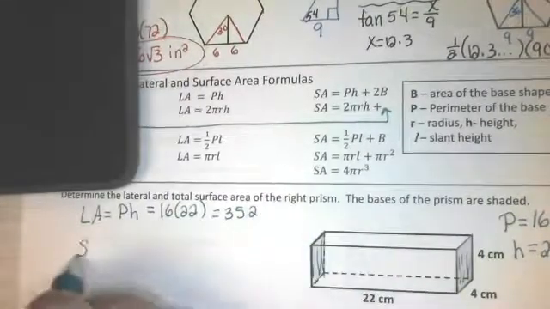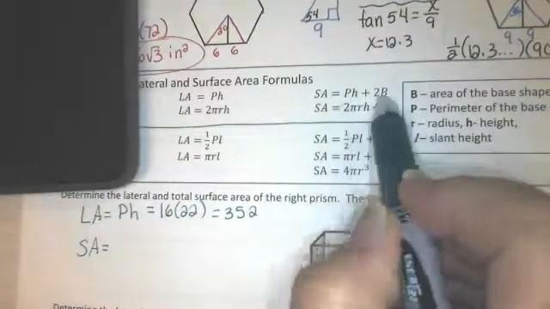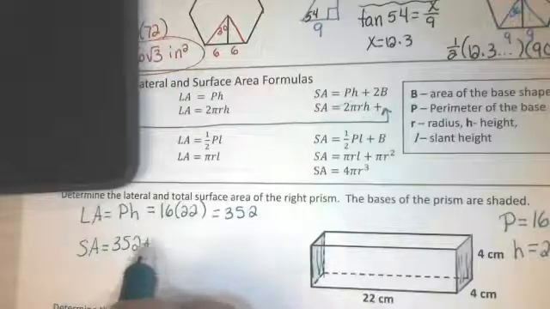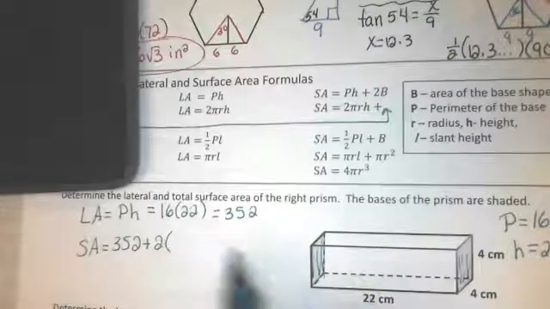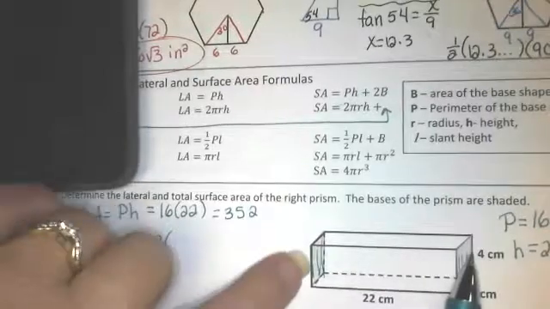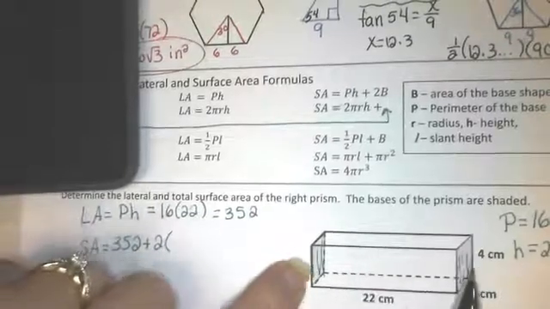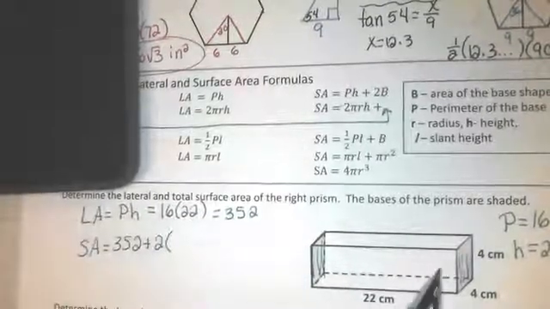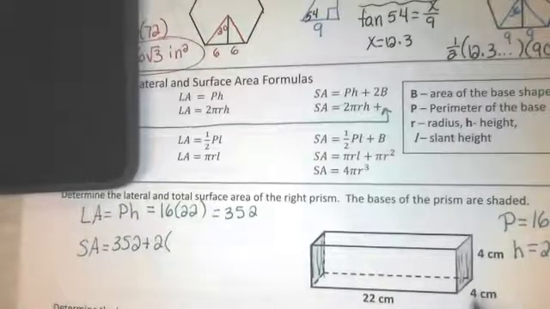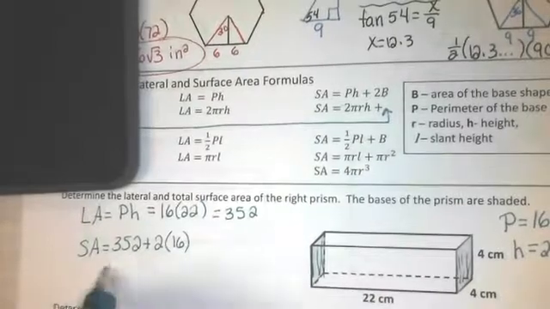The total surface area wants us to do the lateral area plus 2 bases, 352. The lateral area of a prism is just the area of everything except the 2 bases. So lateral area is just the sides, but not the bases. Total surface area includes the bases. So since the base is a square that's 4 by 4, 4 times 4 is 16, and I get my